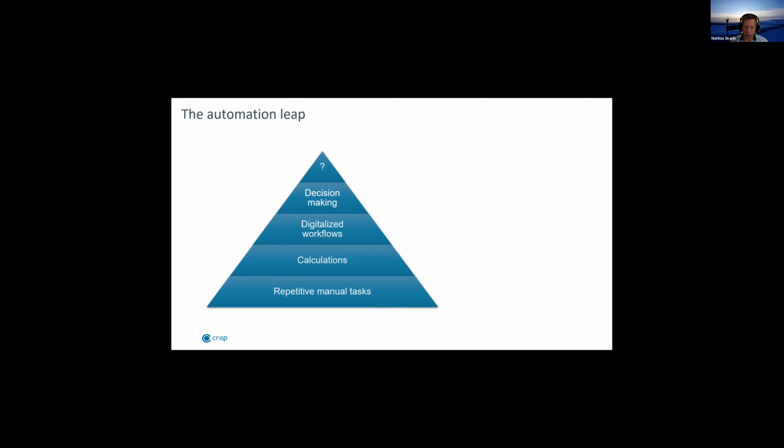Throughout time, we started with doing repetitive manual tasks. We moved them into machines. Then we taught the machines to do calculations, somewhere around the 60s, 70s. And in the last number of years, we spent a lot of focus on digitalizing the workflows. However, we can say fairly easily that today computers and robots do this part better than humans. But what we always kept close to our hearts is the decision making inside these processes. And our assumption has always been that humans do this better. But now the game is changing.